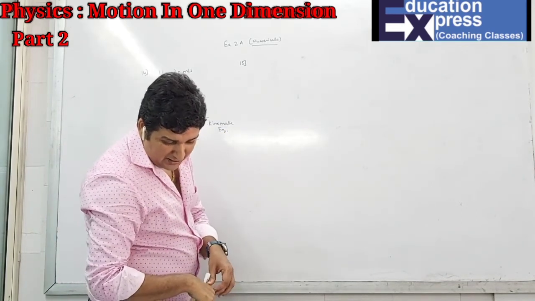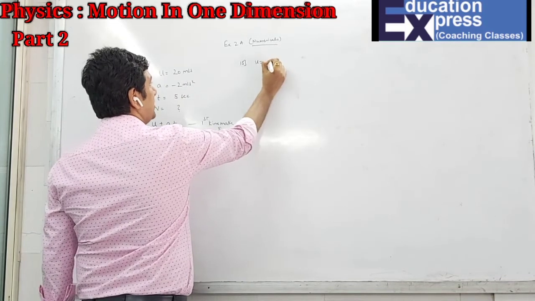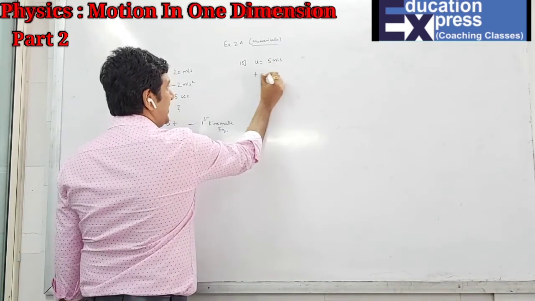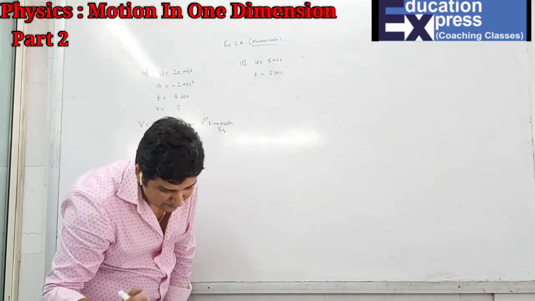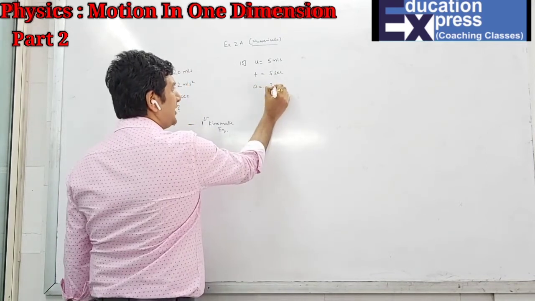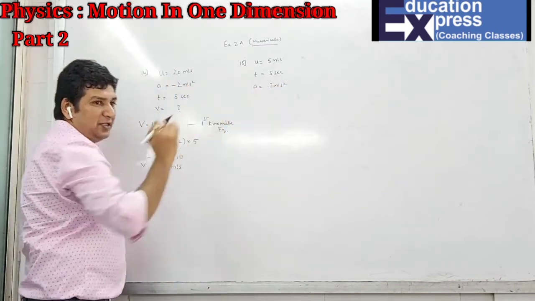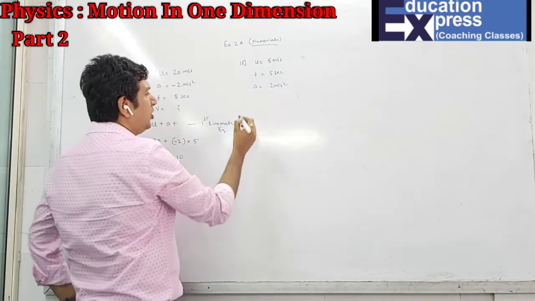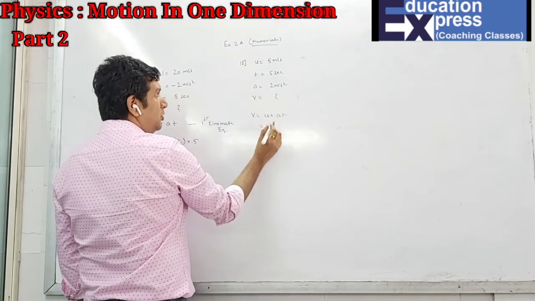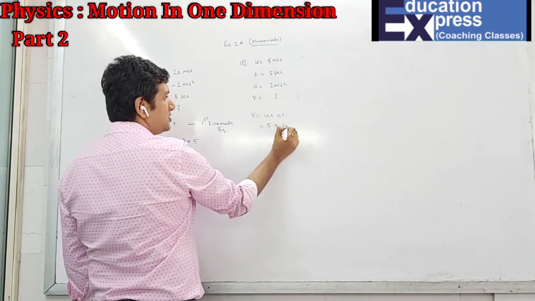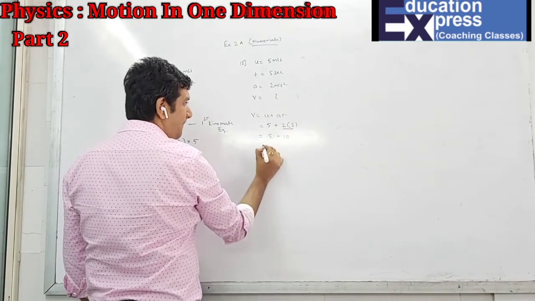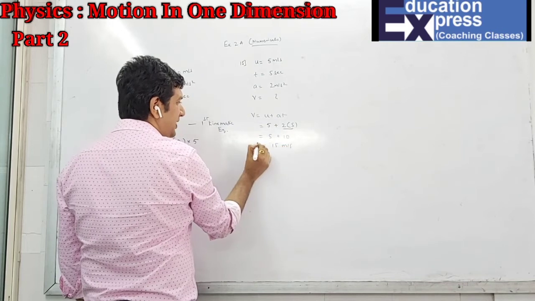Question 15, the second last question of this exercise. A bicycle is moving with, means initial, 5 meter per second. It accelerates for 5 seconds. That means velocity is increasing at the rate of 2 meter per second square. That means same 2 meter per second square, but here instead of retardation, it is acceleration because velocity is increasing. Again, what is final velocity? The same formula I can use. U is 5, acceleration is 2, time is 5. So 5, first we multiply, 10 plus 5, 15 meter per second is the answer.